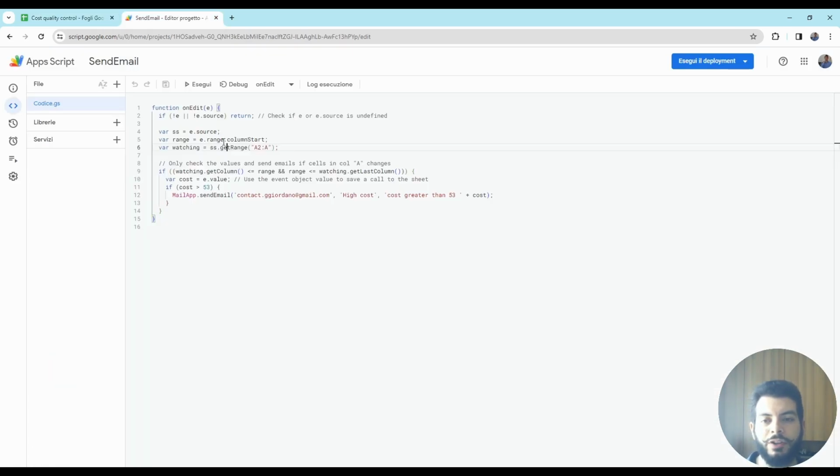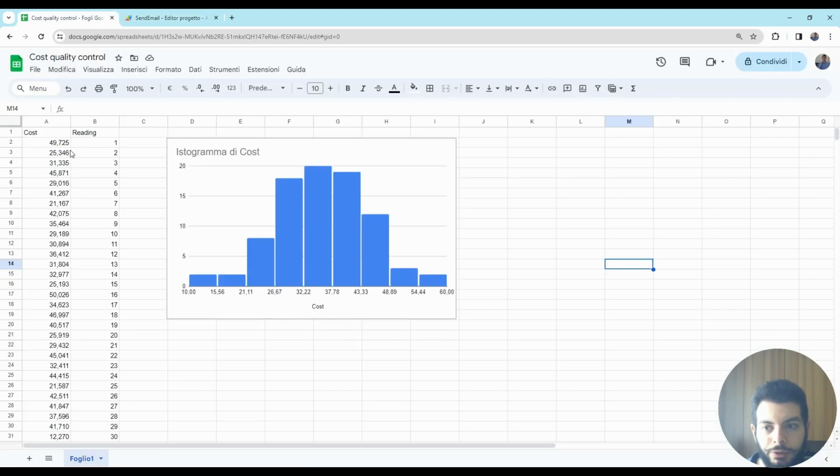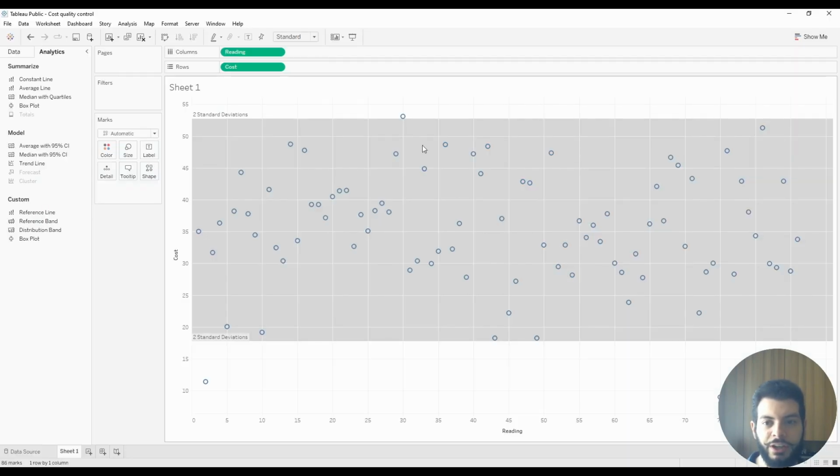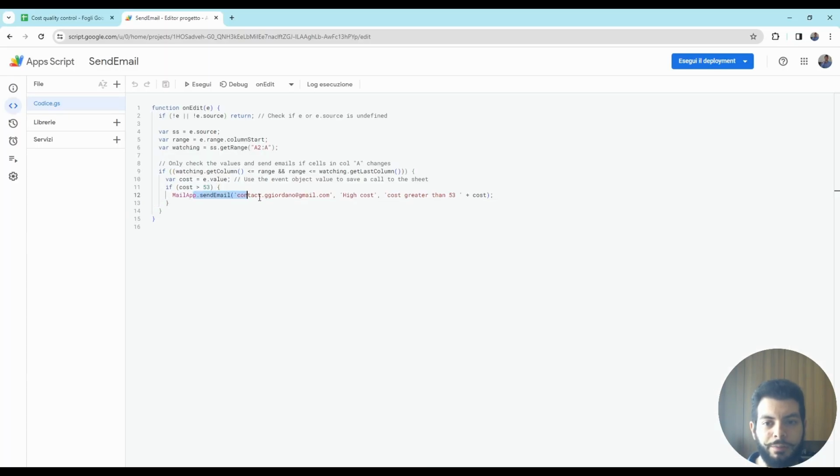This script basically reads the spreadsheet, in particular the column associated to the cost, and when it sees a cost higher than a threshold, that in this case I saw here, but I could also hard code this threshold, it sends an email to myself. Easy peasy.